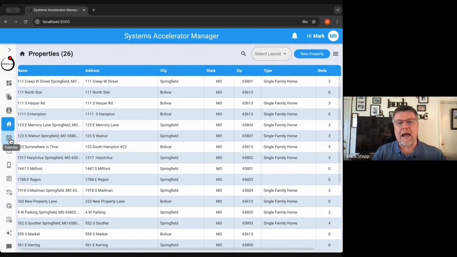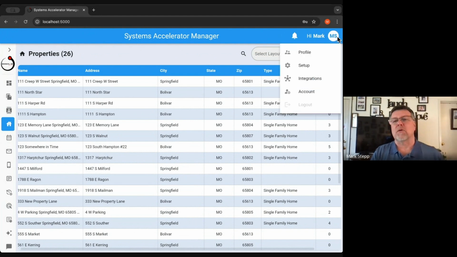We do now have approval from Google for our Google Sync piece. And once the update is pushed, and this isn't actually going to show everything because I did have to back out some of the back end stuff, so it won't show everything, but I'll show you where it's going to be at. In the upper right corner where your photo is or your initials are, you can click on